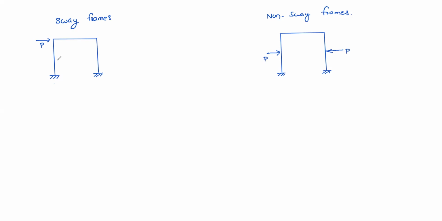Suppose this is L1, L1, L2. Because the deflection pattern may be like this for this, but here the deflection pattern may be like this. You cannot expect any sway in the right side frame. Okay. Similarly,